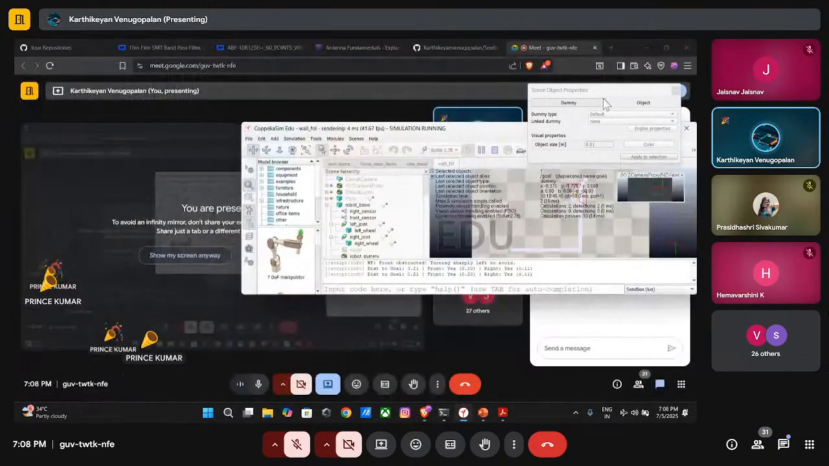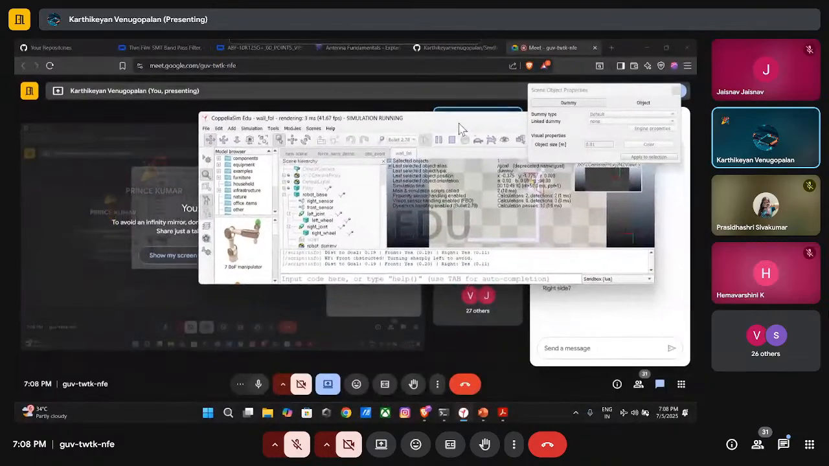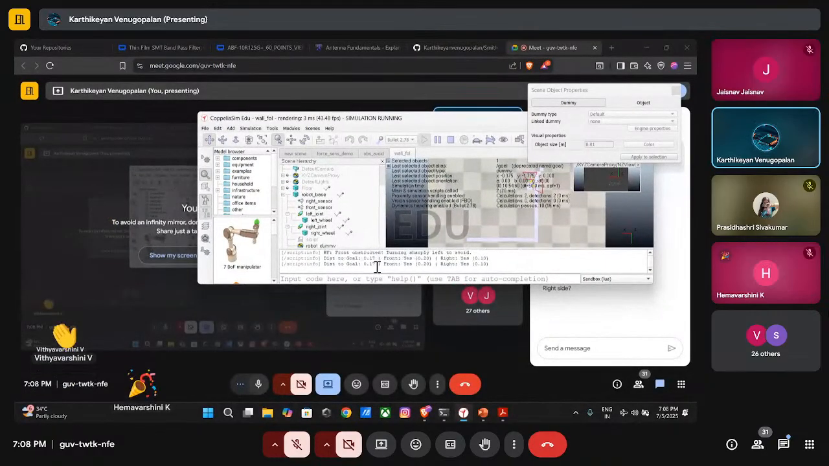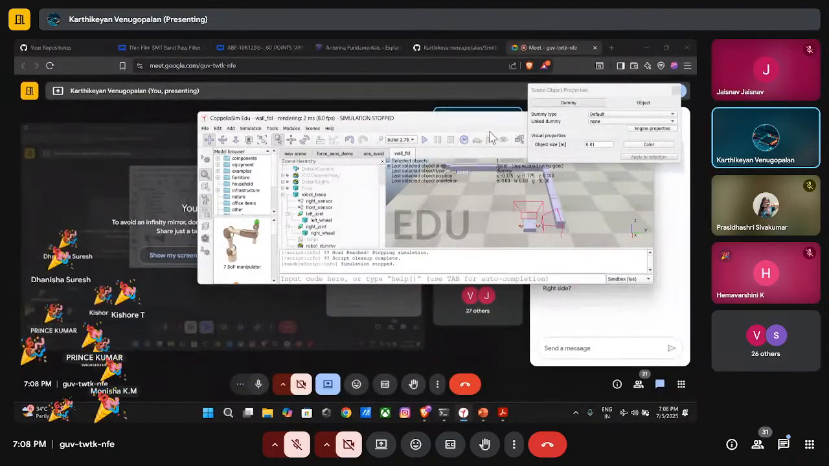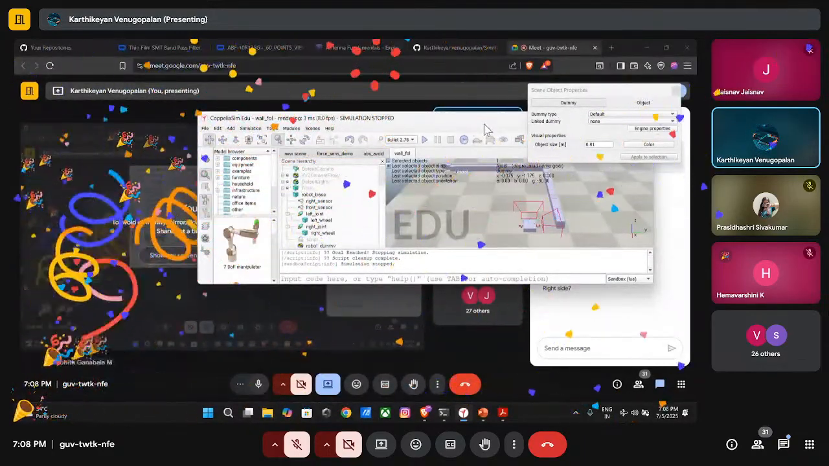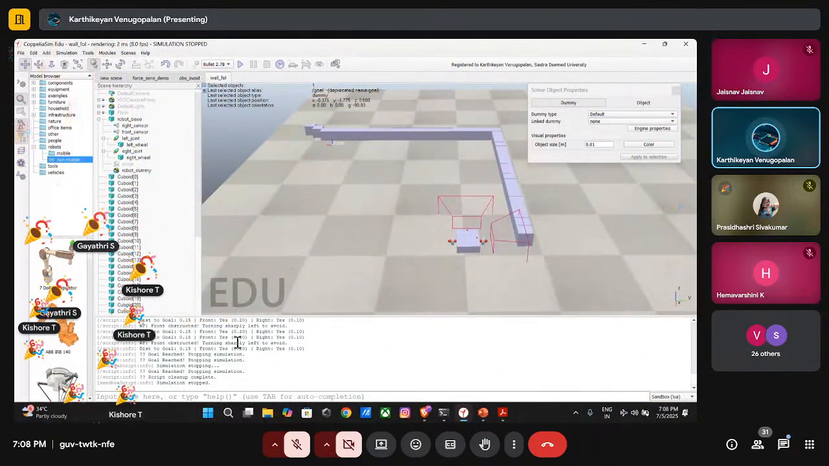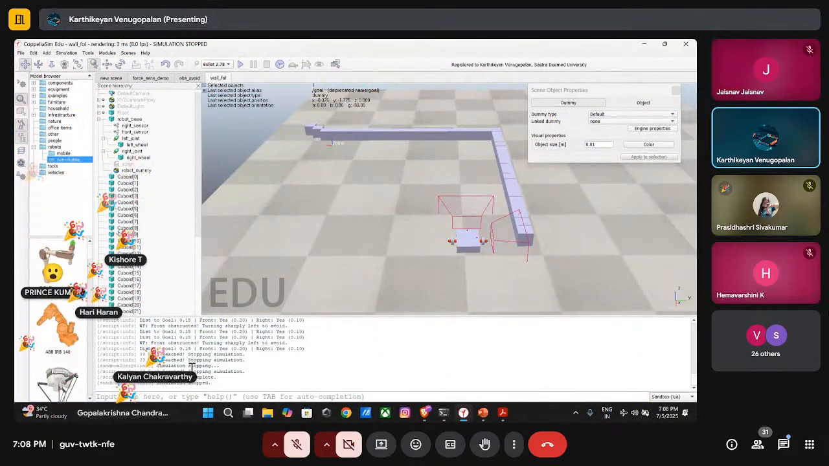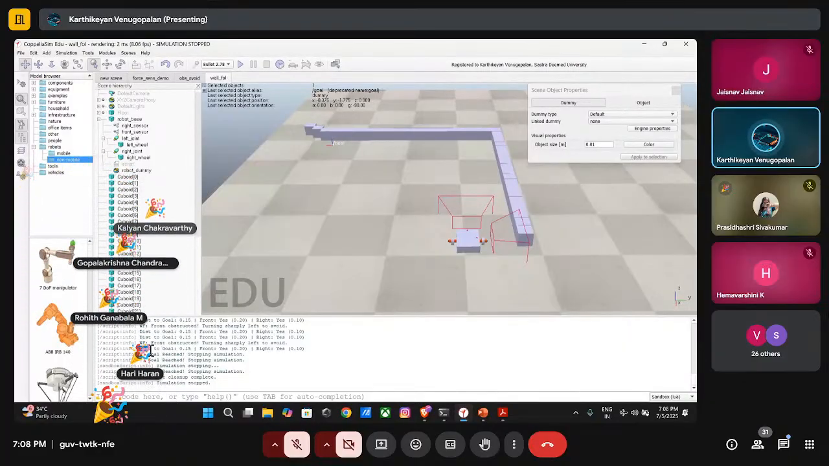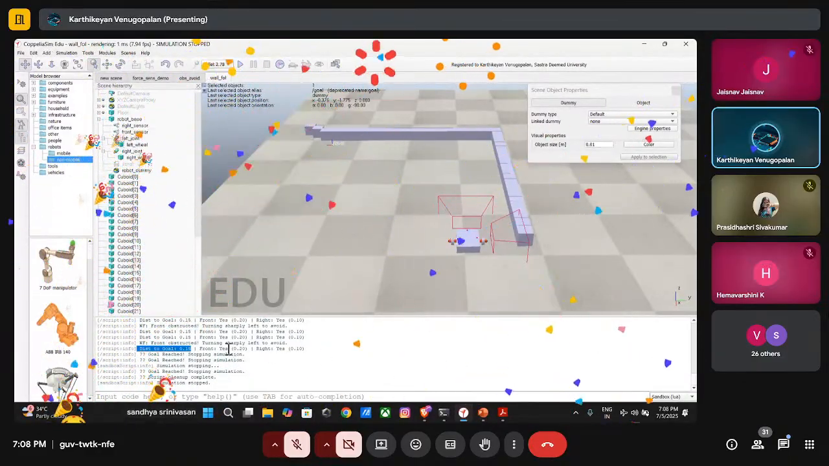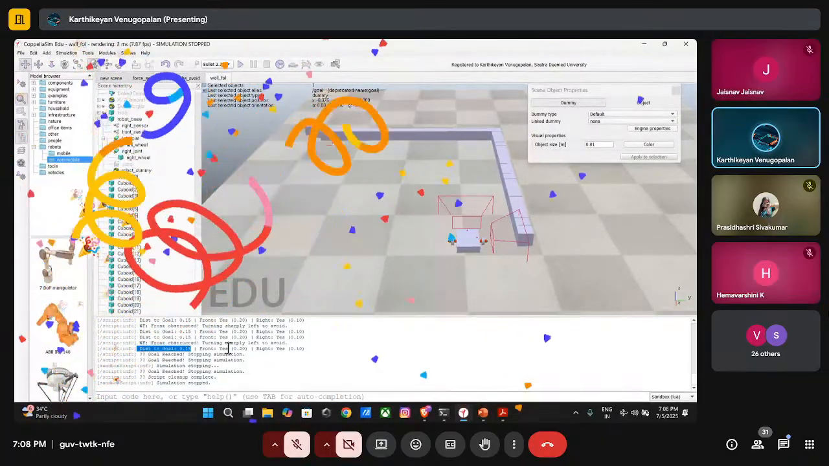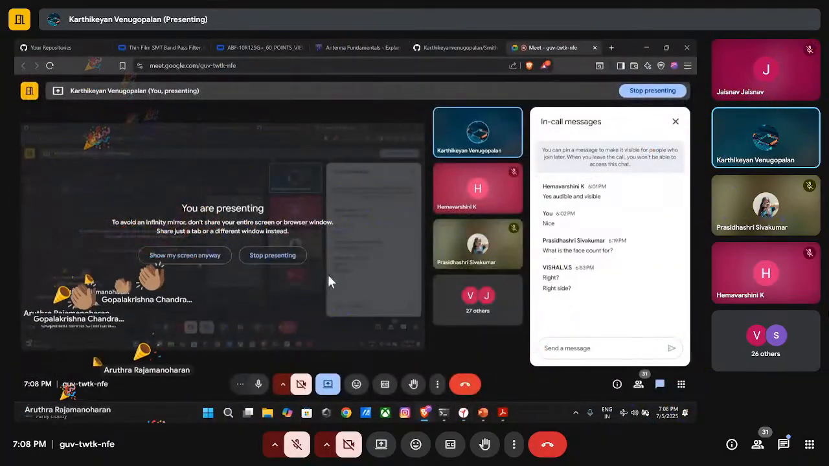0.9, 0.8, 0.7, 0.6, and 0.5. Yeah, finally. Hooray! Wow! We have reached the goal, which is once the distance to goal is less than 0.5. Yes, we got everything and we reached our goal. So now, yeah,